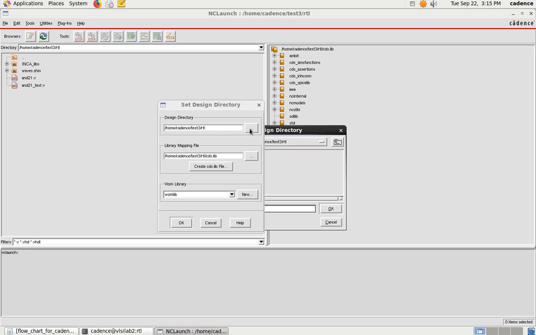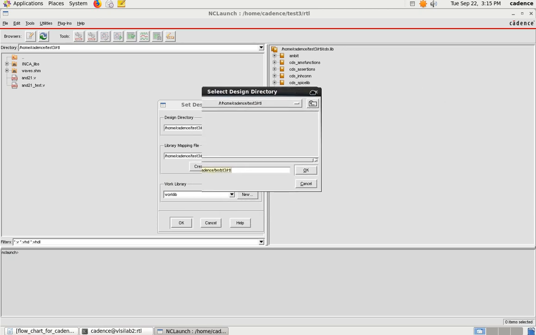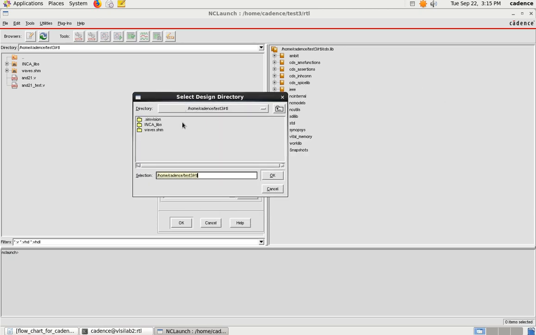Click on this, and a new window will appear. Here you have to select your design directory, that is your name, VLSI. In my case it is the VLSI lab folder. Inside that I have created RTL, and I have to select the RTL folder. So how do we select that? Here you can see some arrow mark, a folder-like structure.